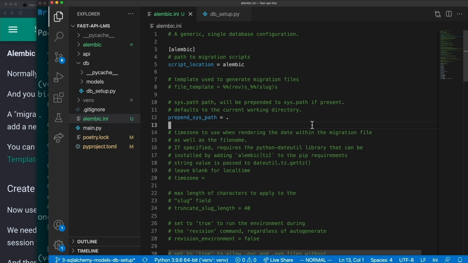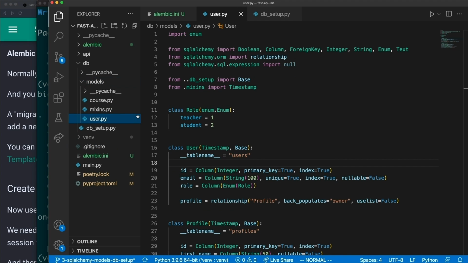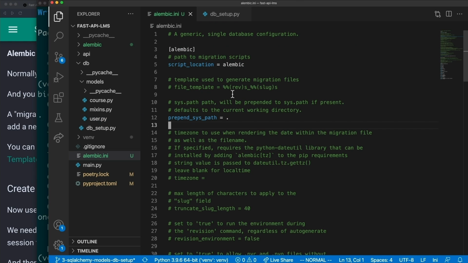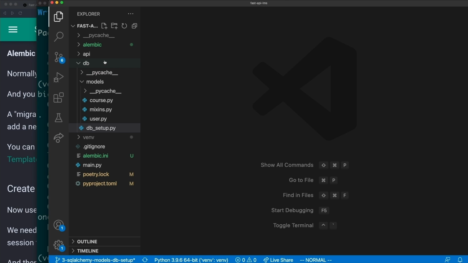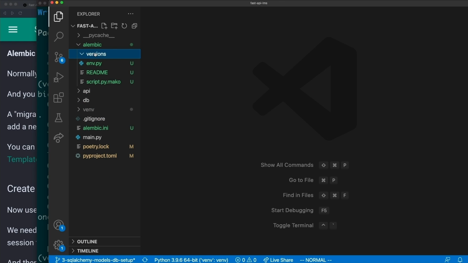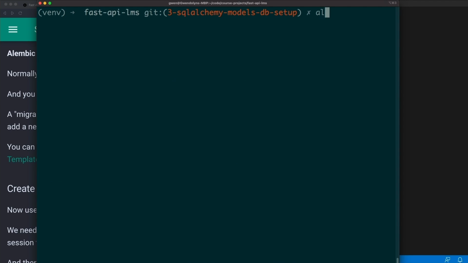So in order to set up the tables in my database from all of the models that I already created, I need to create a migration file with Alembic. And I can actually do this automatically. The migration files will be housed in versions here. I'm going to do alembic and then revision. I could create an empty revision, but instead I'm going to say